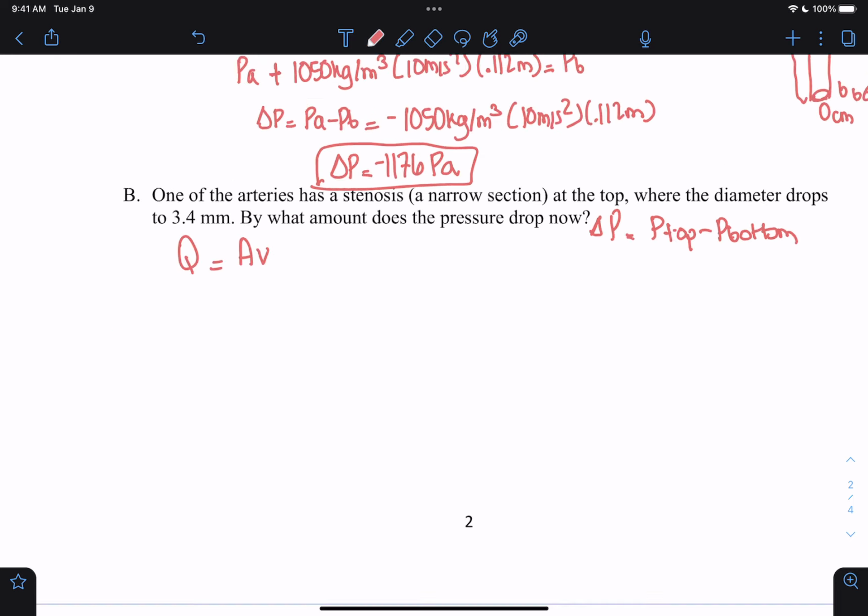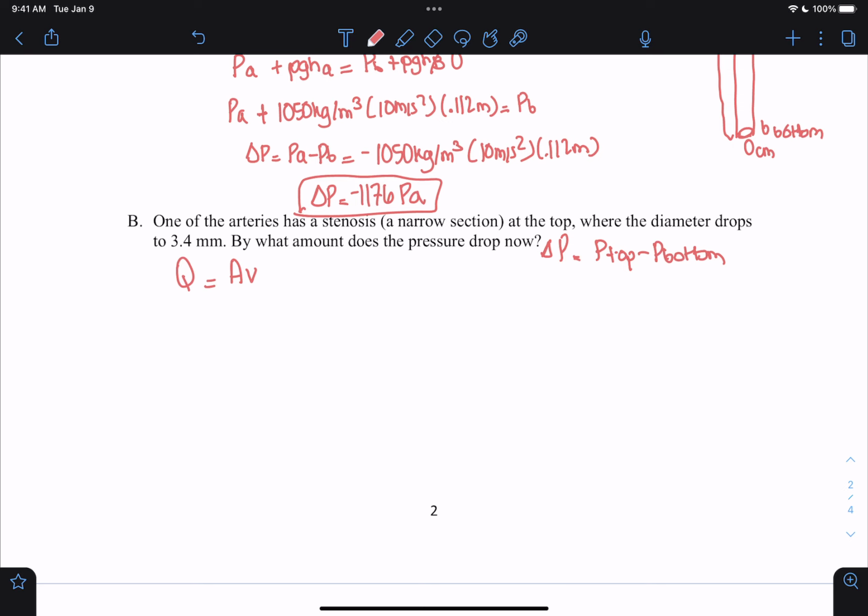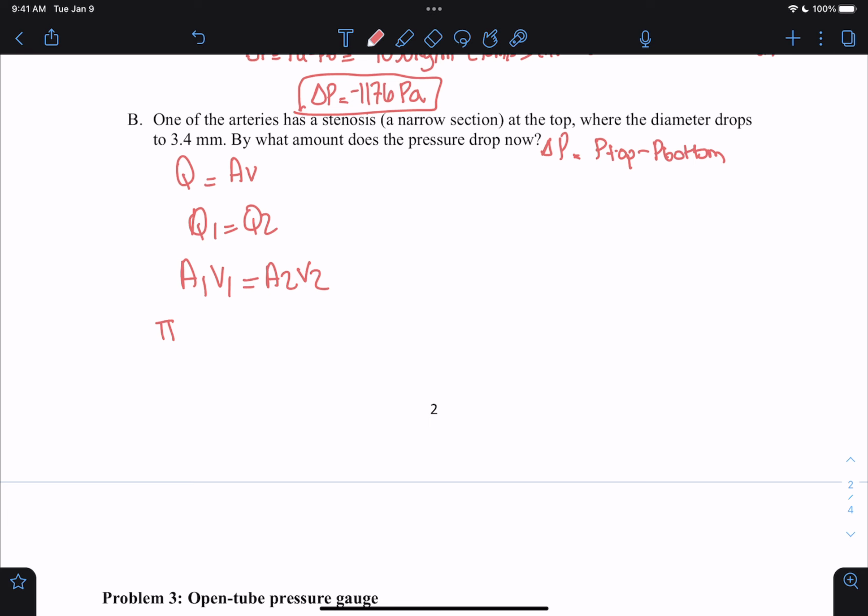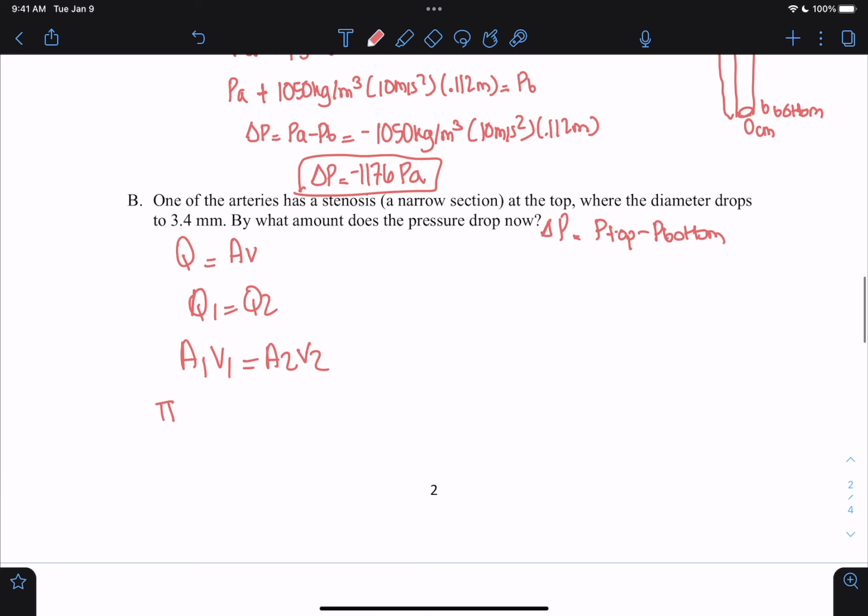But if we have that change in diameter, we should see a change in radius, like I said before. And so if we say Q1 is equal to Q2, we have the same flow. So A1 V1 is equal to A2 V2, right? Well, A1 is going to be pi r squared, right? So if we said the diameter,